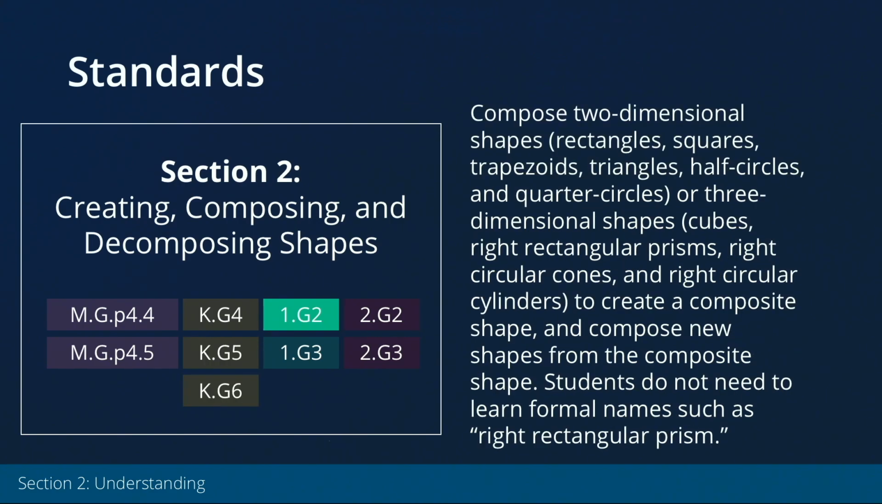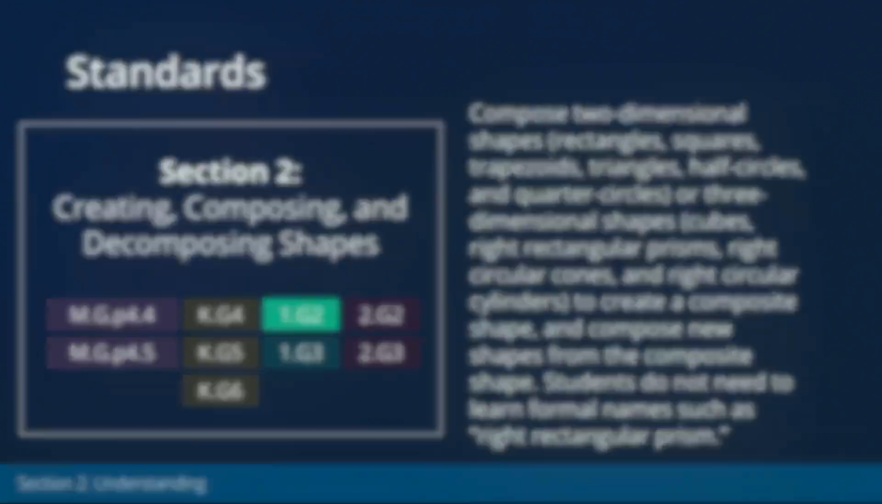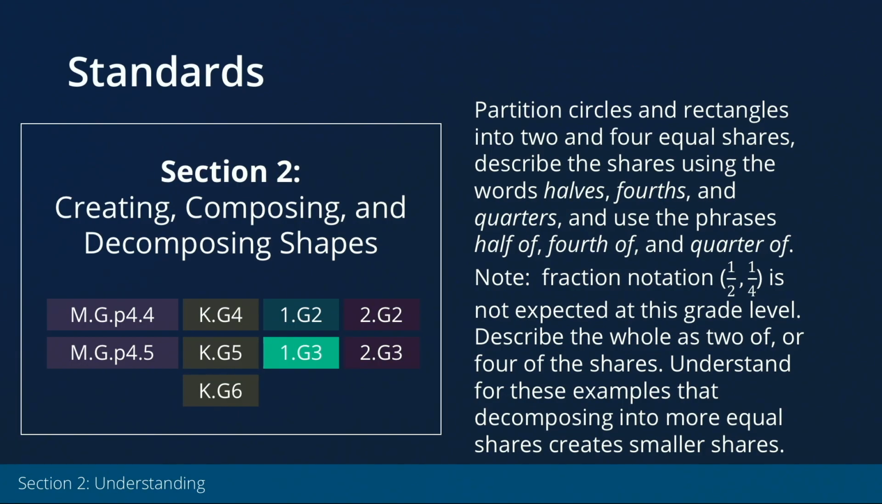As we move into first grade, students are expected to compose 2-dimensional shapes and 3-dimensional figures and create composite shapes, so that's a lot of composing. Also at grade 1, students are expected to partition circles and rectangles into 2 and 4 equal shares and describe those using some early fractional language. There is a note that fraction notation isn't really expected here, but this is laying the groundwork for later division